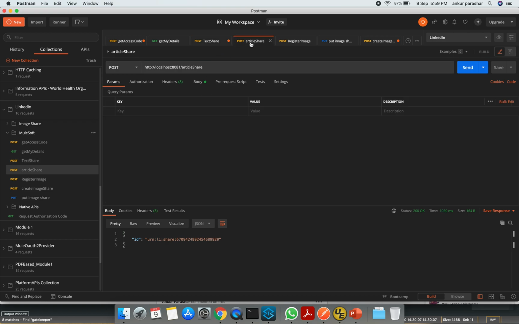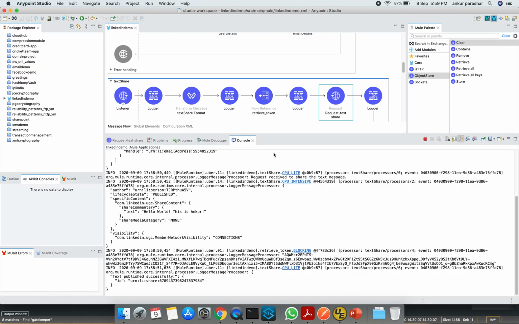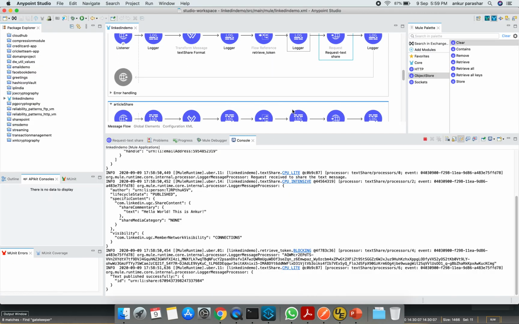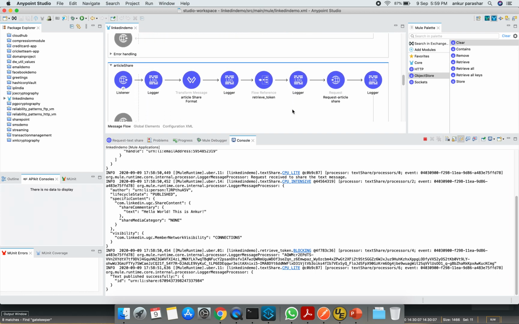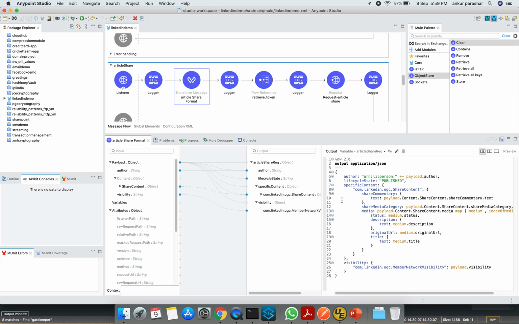Next will be the article share. As the name suggests, we are going to share a particular article in which a URL can be there, and we can put many other things as well. Just to give you an idea, this is the structure it expects. We need to give the person ID. The state will remain as published.